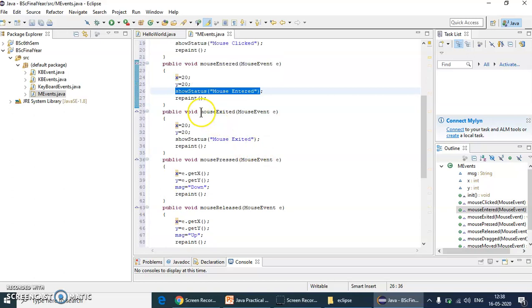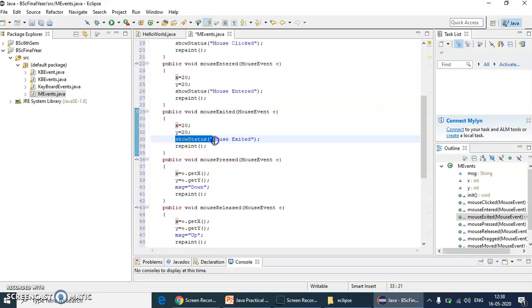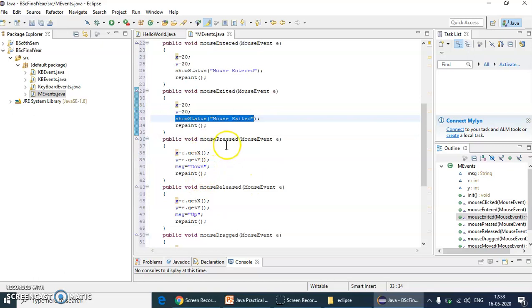Similarly, when the mouse is exited from the applet window, then this message has to be displayed as the status message, and when we press the mouse, then the message has to be displayed as down in the mouse position.